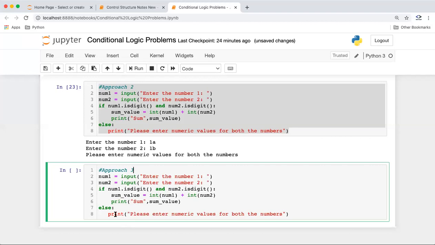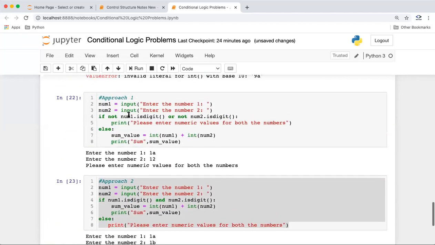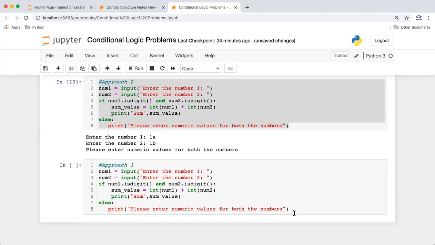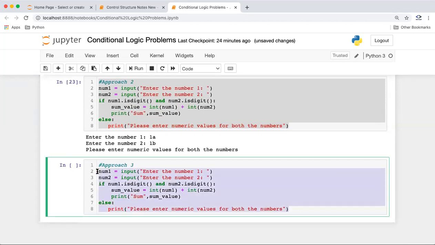We can just check for the, okay, I will copy approach 1 here. So guys, type we cannot use here. The reason is type will give us the data type, so we can check if the input type is a string or an integer, but it will check based on the conversion.